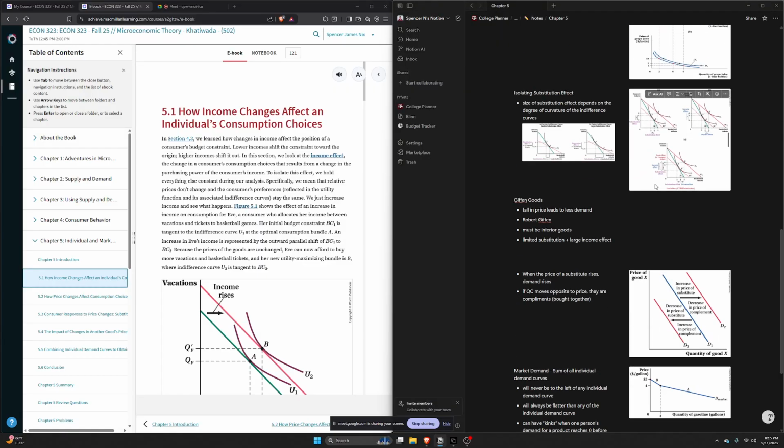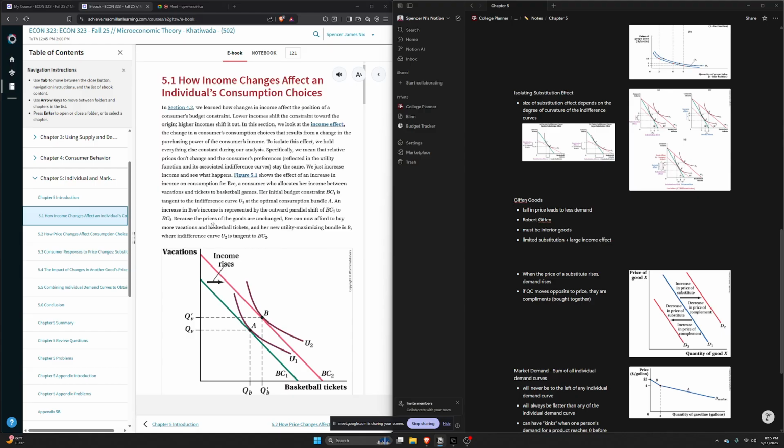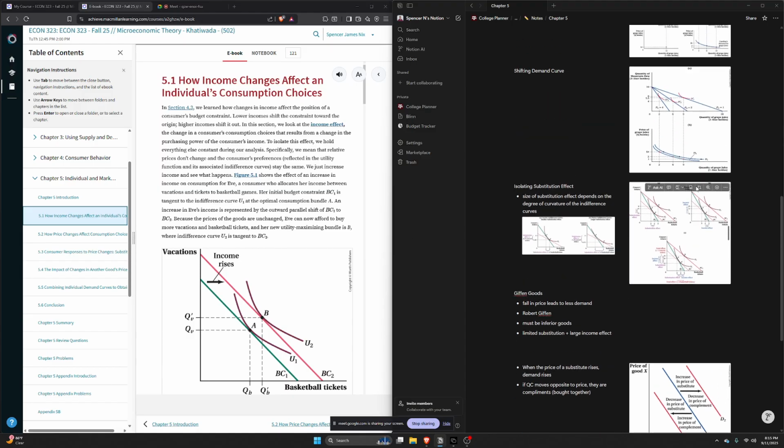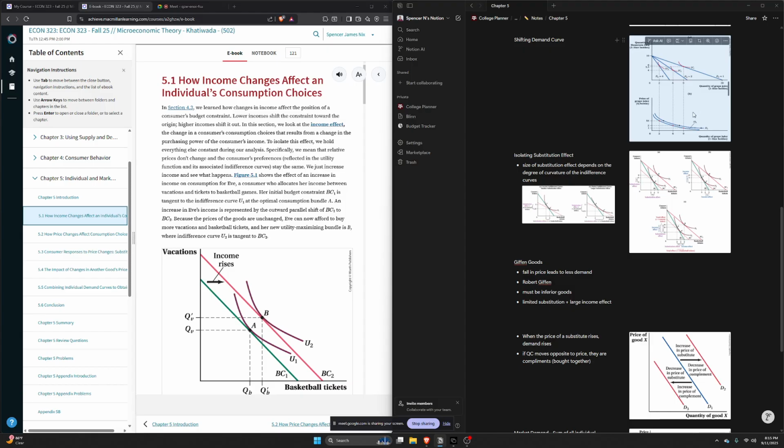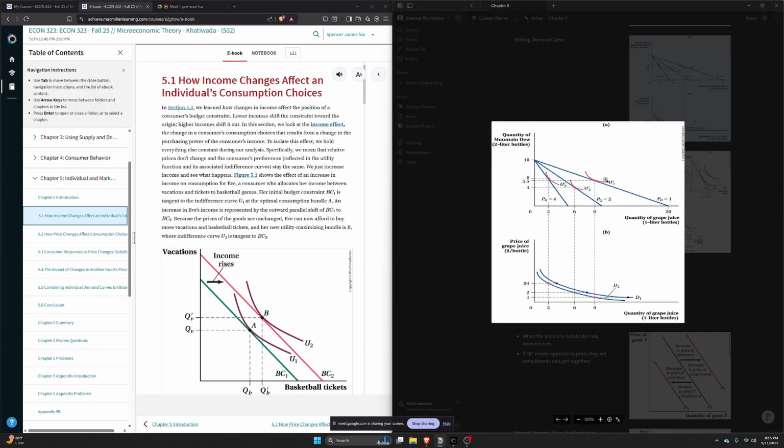And this, it really doesn't make a whole lot of sense until you start applying it. So that's why I'm just going over this and not really going too far into depth, because I think it's better to just do it with the homework. But yeah, and then shifting the demand curve, you can shift it by